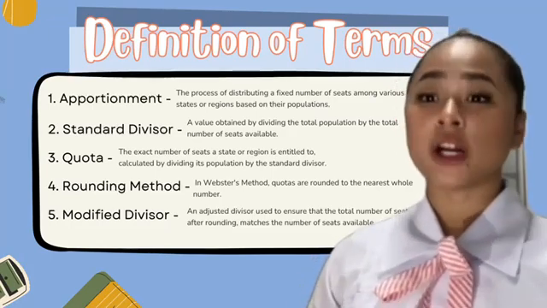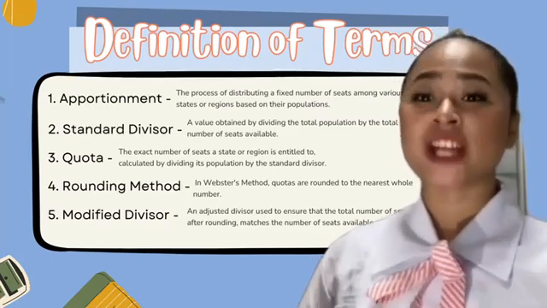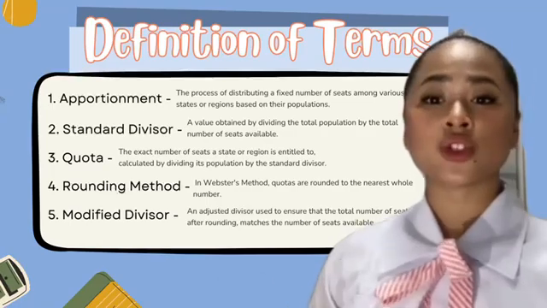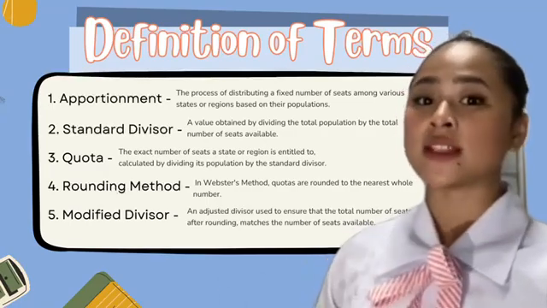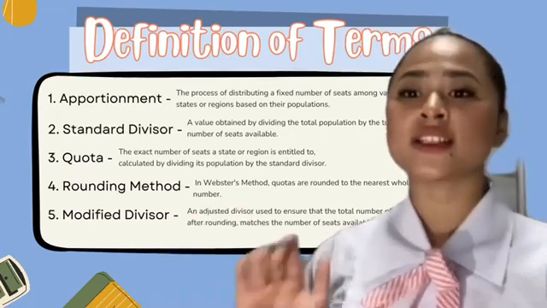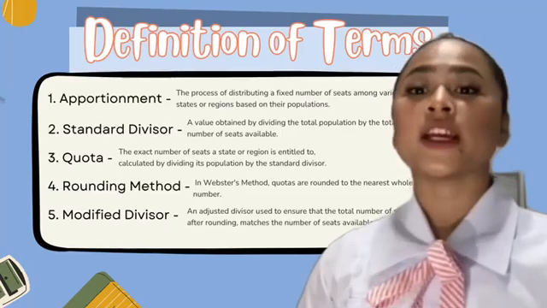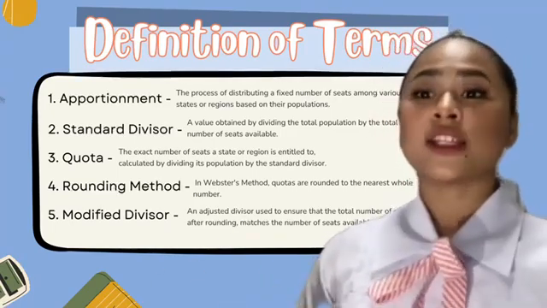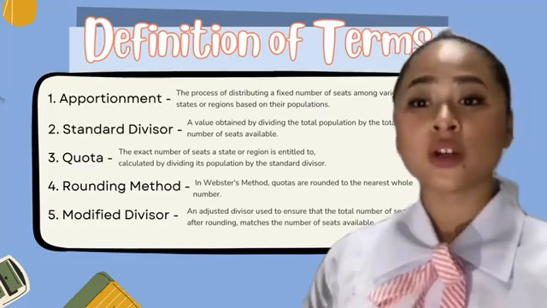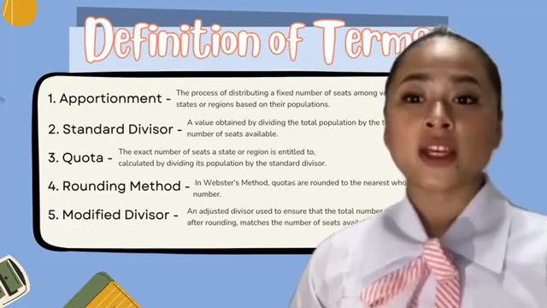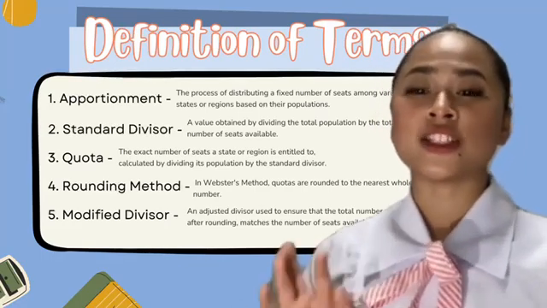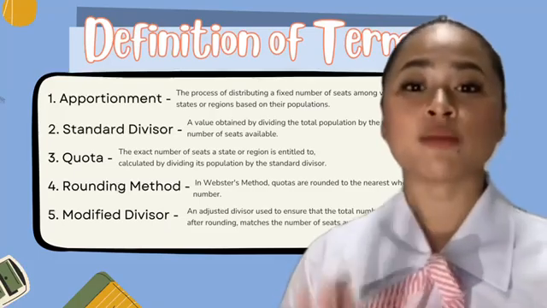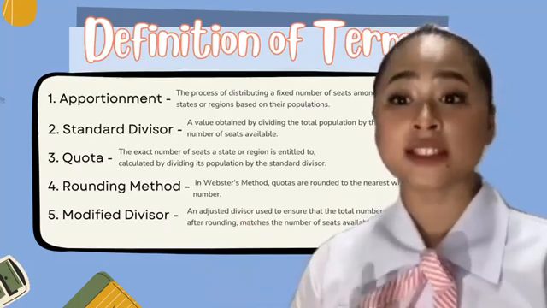Lastly, modified divisor. It is an adjusted divisor used to ensure that the total number of seats after rounding matches the number of seats available. If the initial rounding doesn't allocate all seats, the divisor is modified and quotas are recalculated. For short, this is a new divisor that we adjust to make sure that the total number of seats matches